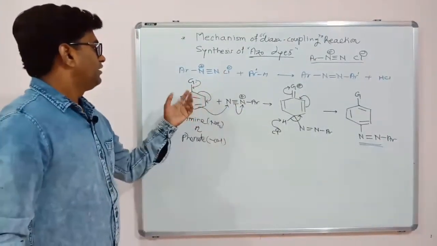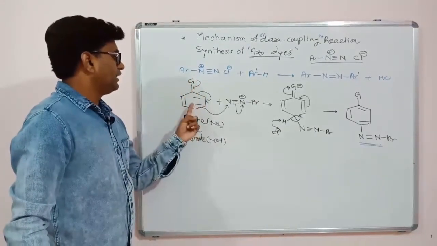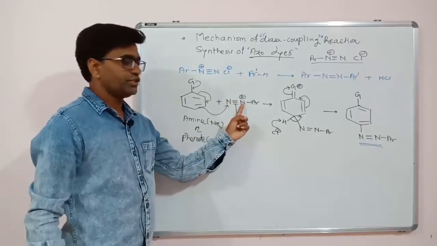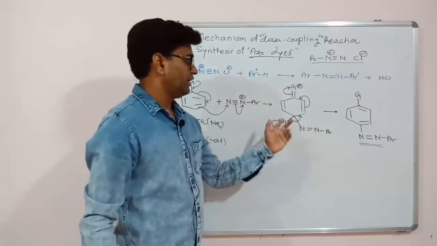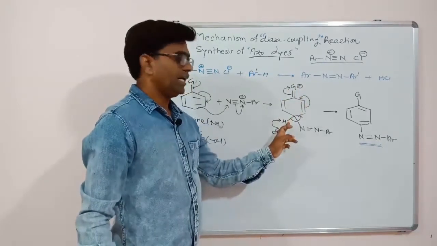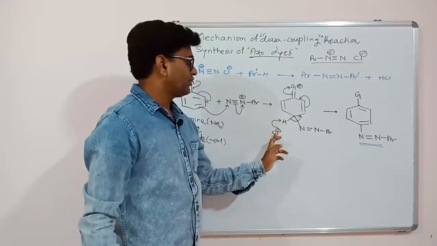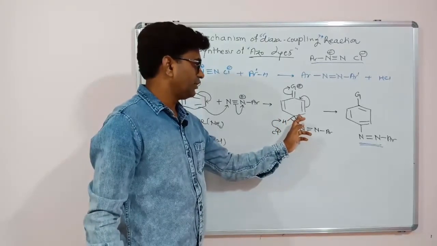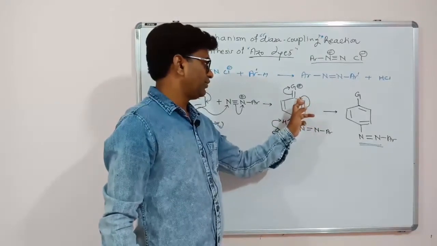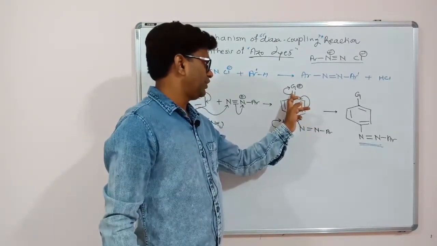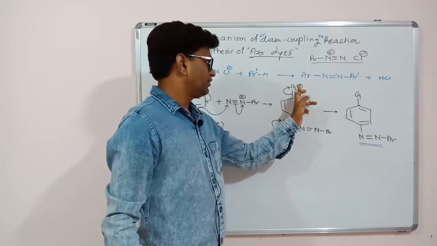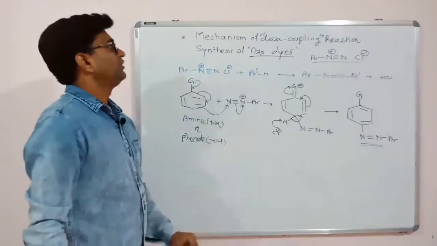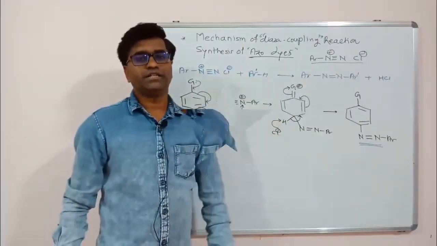So in this way, this activates our ring, and then the para double bond will attack on the first nitrogen, the pi bond will break, this positive charge will be neutralized, and we will get this sigma complex with one positive charge and one hydrogen. Then Cl minus, whatever the conjugate base is there, abstracts this proton. This sigma bond comes inside the ring, forming a pi bond. This pi bond will migrate over here. Here will be the double bond. This pi bond will migrate as electrons over here. So this positive charge will be neutralized and we will get this compound. So this is the mechanism for the diazo coupling reaction.